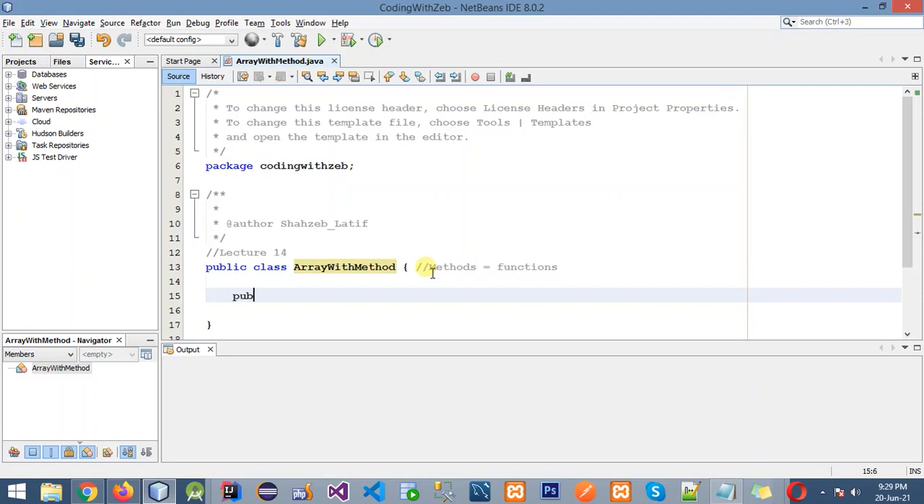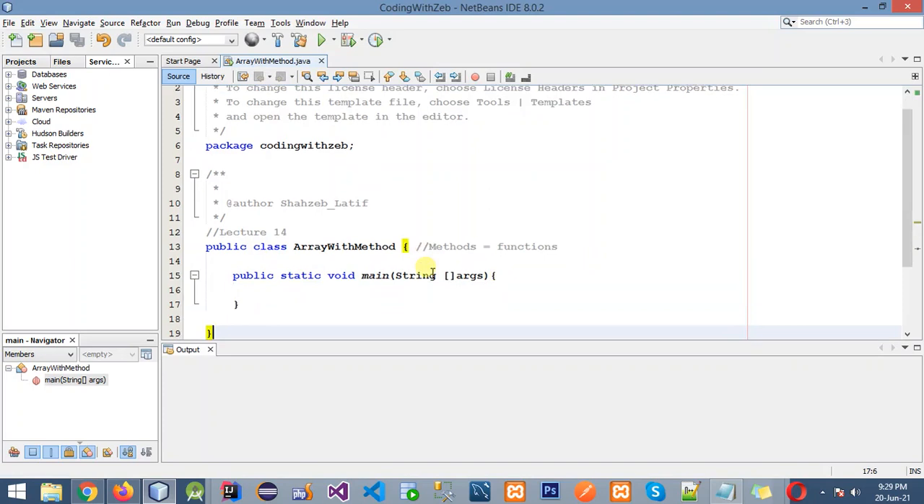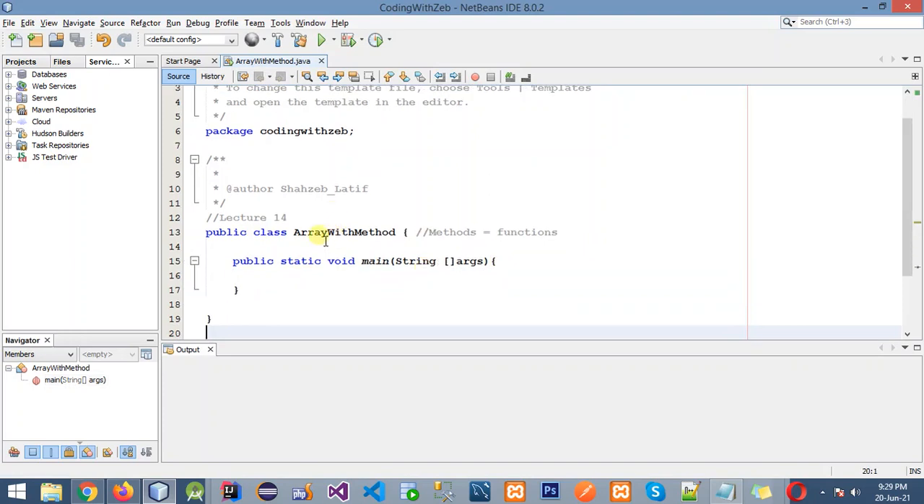Okay, let's create the main method. Okay, so this is the main method. What I am going to do is create the array, pass it to a method, and perform some operation, and see how we can do that by using a method. For example,